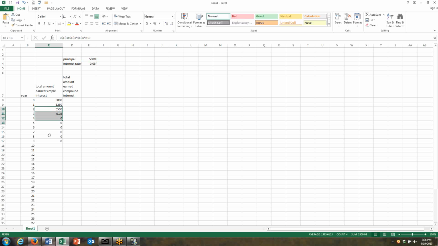Now watch what happens. It should go up by 250 each time. Notice it's going up by 250 each time. And notice as I click on the cell, the only thing that changes is this last entry we put in, the B11, B12, B13. Yeah, that's how you do it. Since we wanted these values, since it's simple interest, if I go back to my whiteboard,